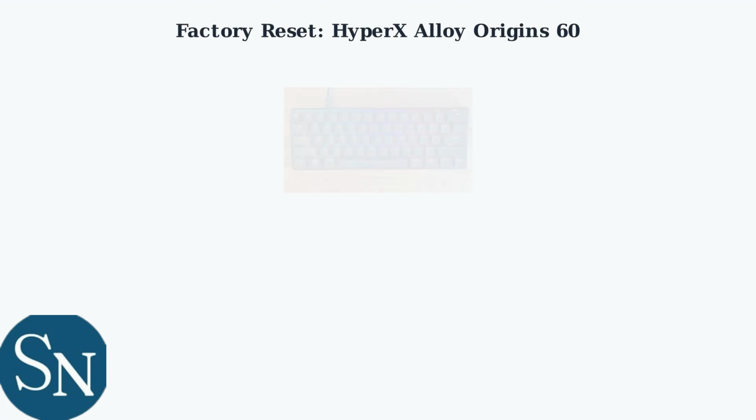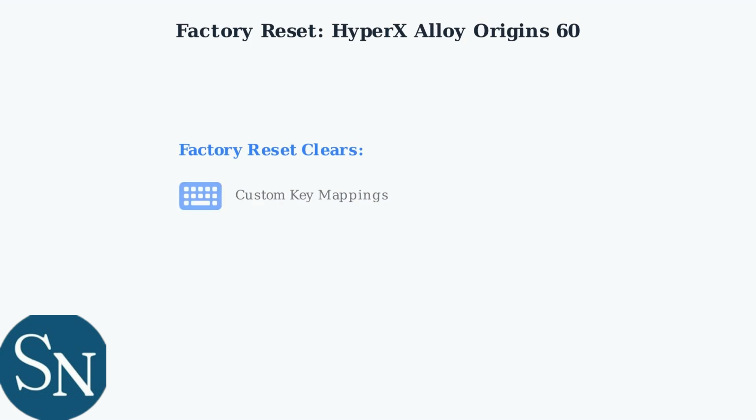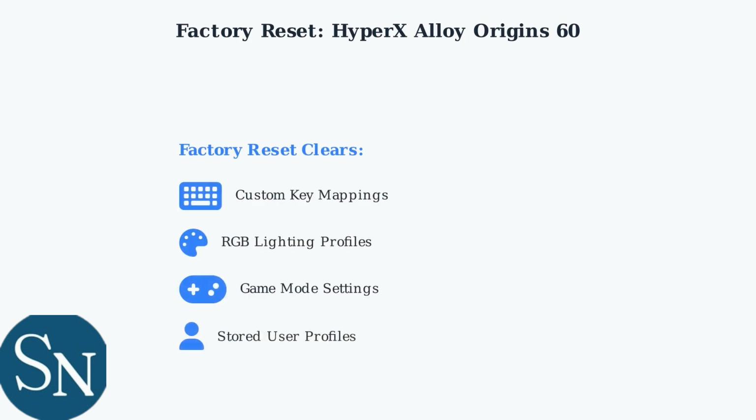A factory reset on the HyperX Alloy Origins 60 is a complete restoration process that returns your keyboard to its original manufacturer settings. During a factory reset, several customized settings are completely erased and returned to default values. This includes all custom key mappings you've created, any RGB lighting profiles you've configured, game mode settings, and stored user